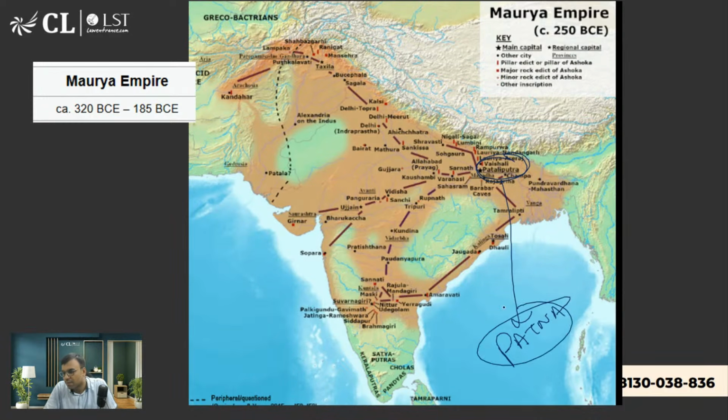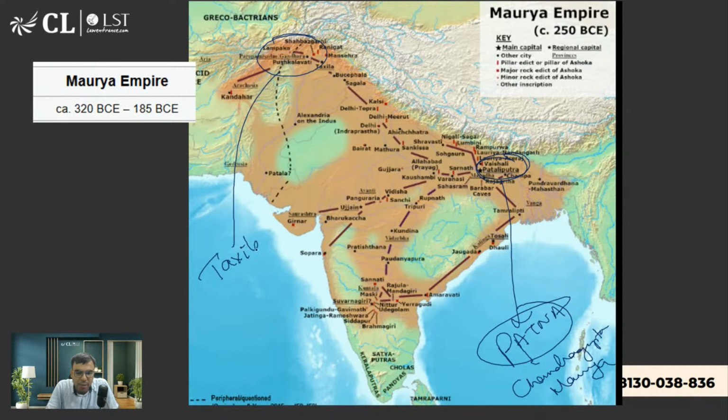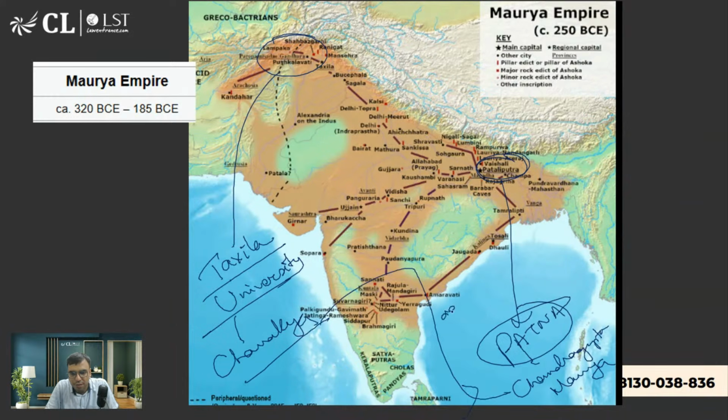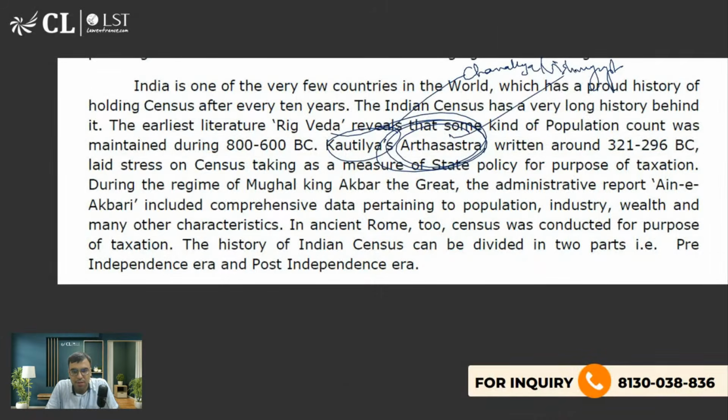ठीक है. और इनके जो एडवाइजर थे चंद्रगुप्त मौर्य के, he was the first king. So his advisor was actually also the one who wrote Chanakya Niti, वही. हाँ. So यहाँ पे तक्षशिला यूनिवर्सिटी थी, which you will find in modern day Pakistan, Peshawar region. So he was actually the teacher there. कौन? वही चाणक्य. चाणक्य और कौटिल्य. And he was the advisor of चंद्रगुप्त मौर्य. ठीक है. Okay. So that is what you should know, famously called Chanakya or Kautilya.